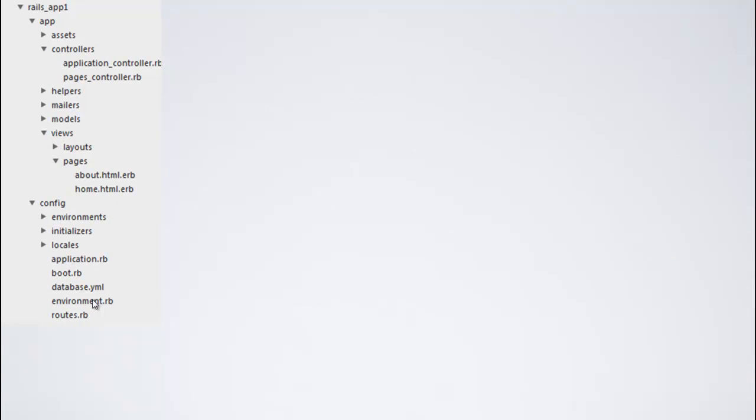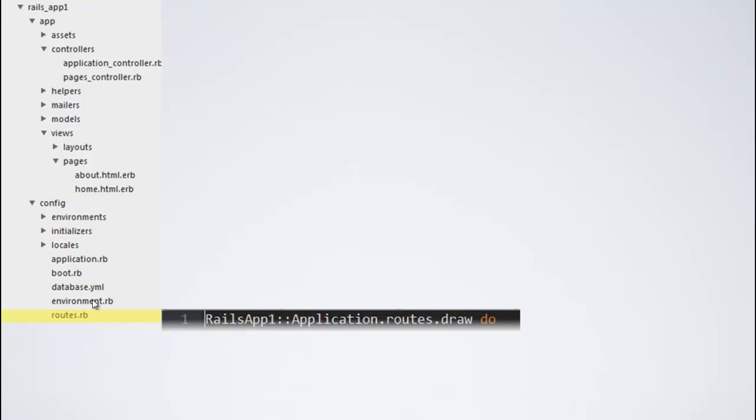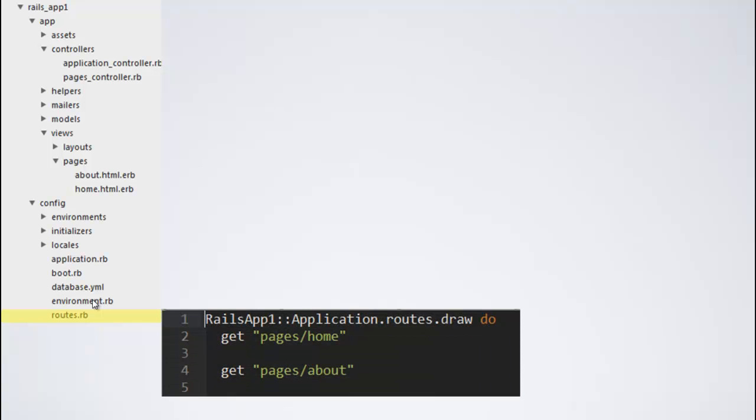Let us look at the directory structure in detail. The first file we'll look at is the file called routes.rb. The routes.rb file looks something like this. So what it really means is that if a user enters this URL, localhost 3000 slash pages slash home, it gets directed to routes.rb and exactly to this line, get